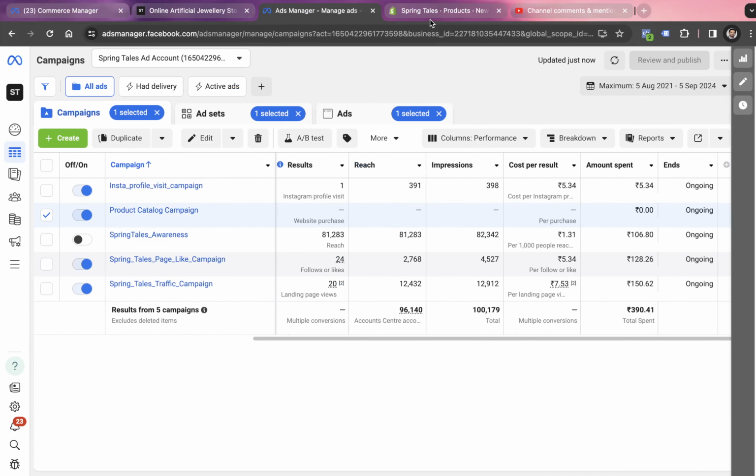So here we have a product catalog available. People who are at the Facebook ad account have to click on these three lines that say all tools, go into Commerce Manager. From the Commerce Manager, they have to get into the product catalog. It's going to take a while to upload the product catalog, but after a while, you'll have a catalog somewhere over here. So here we have the product catalog we created using Shopify.